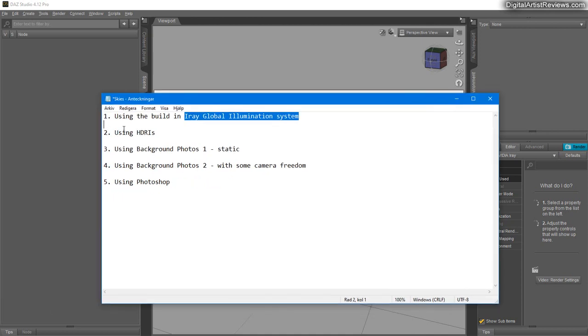We're also going to be talking about HDR maps for aerial rendering using background photos as a static option, which means they are non-movable. I'm also going to be showing you a little bit more advanced background photos with some camera freedom, for instance depth of field, and also a little bit of camera movement. This is really cool. And also using Photoshop with Dash Studio, which is really something that's going to give you additional effects such as